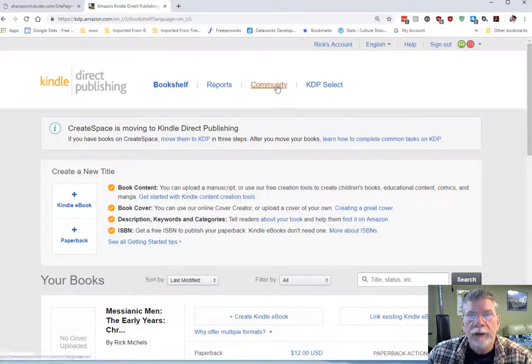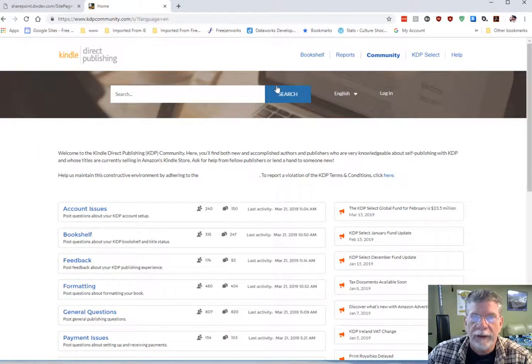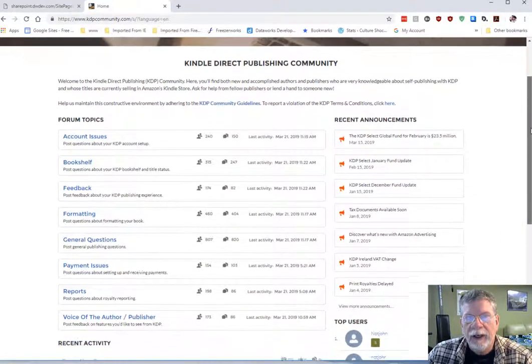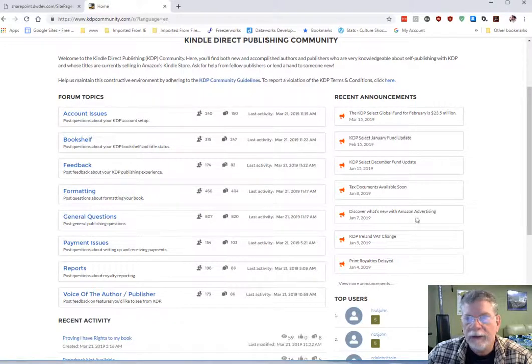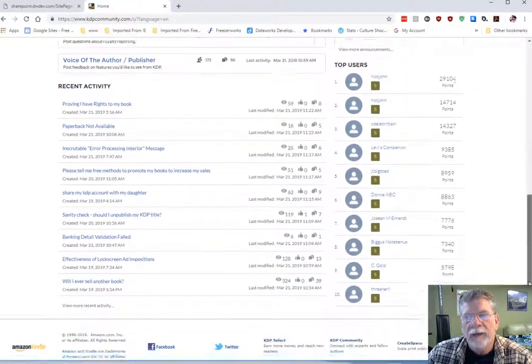So what you want to do is go to community. There might be an easier way, but I don't know what it is. So I'm going to take you this way. Go to community, and here you go, all your topics. You may find out what you need here. Other people are telling you how they figured things out, but you may want to go straight to Amazon,